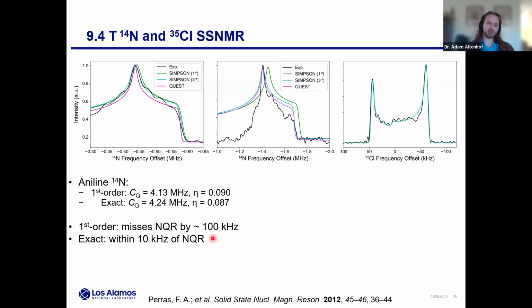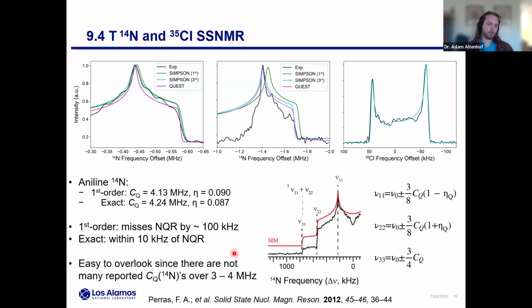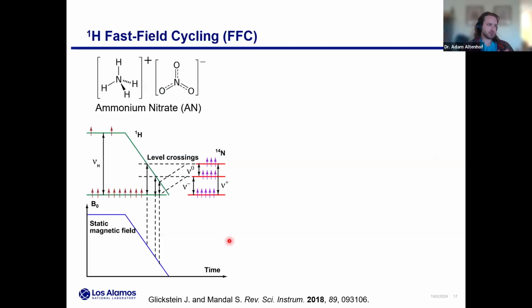This is a really significant thing to consider when the CQ is getting this large, perhaps less significant for the smaller CQ nitrogen sites. Just a note, if you do this frequency discontinuity fitting to solve for the tensors, this is again a first order approach, so it might fall apart for larger tensor values. I hadn't seen this before, and I think part of the reason is that not that many people are measuring 14N, and certainly there aren't many reports for these larger CQs, since it can be experimentally challenging to measure. So that was a bit of information on the EFG tensor parameters.